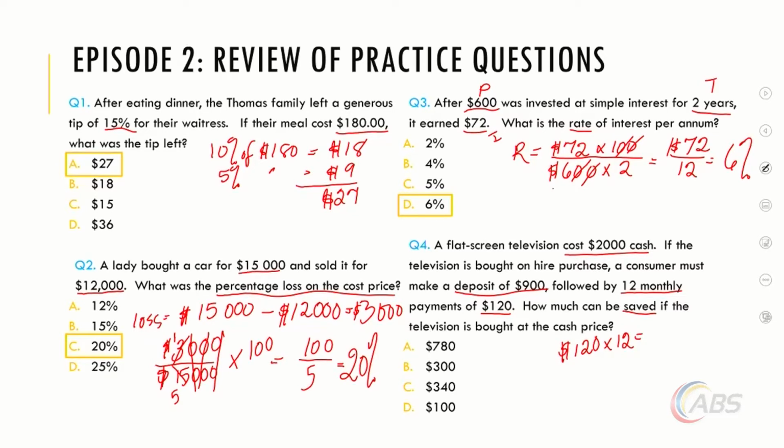And we know that 12 times 12 is 144, and then we just add the 0. And so that's 144 and the 0. And we also have to add our deposit, and our deposit is $900. And when we add those, we get